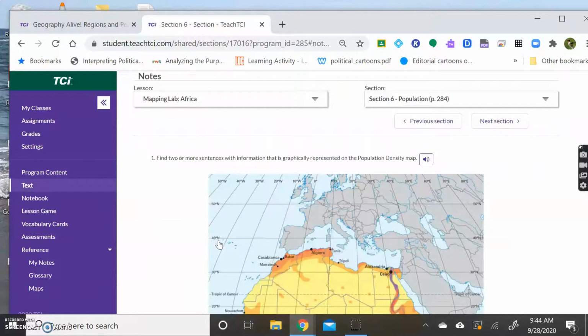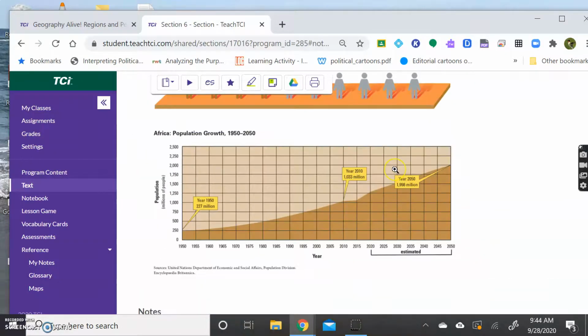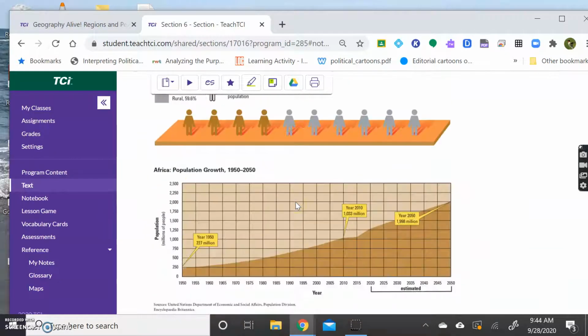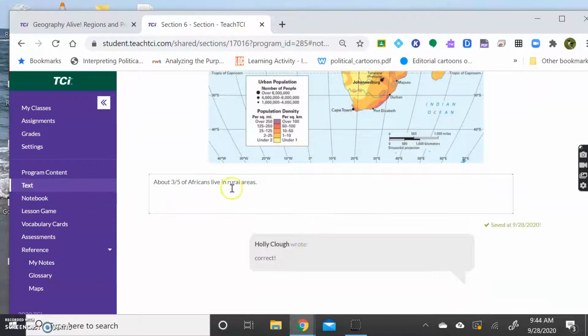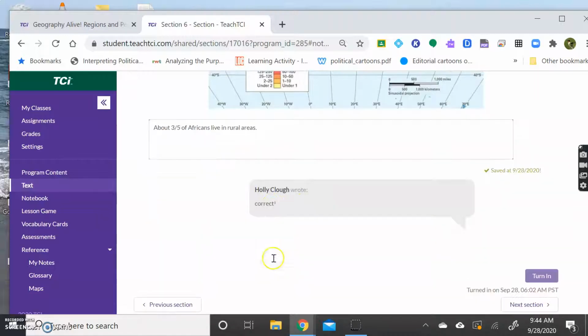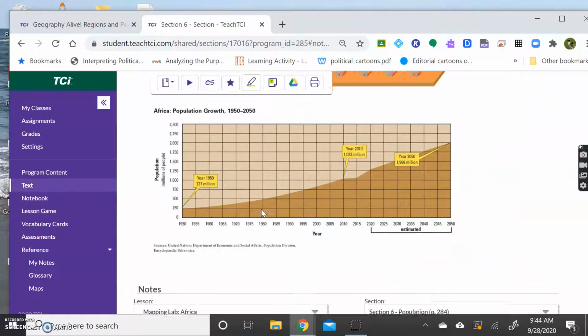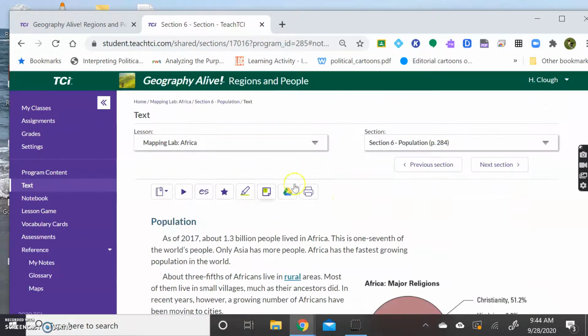So I would click on that, view the teacher comments. So I said, this question was about find 2 or more sentences with information that is geographically represented on the population density map. So I had to do some reading here, answer that question about the map. I put in my answer. I didn't complete it all the way, but my teacher wrote correct. So that's where you see the teacher comments. Okay, so you may see your teacher adding in comments so you can see the feedback that they give you. Okay, so those are some quick features for Geography Alive, some new, some may be old to you,